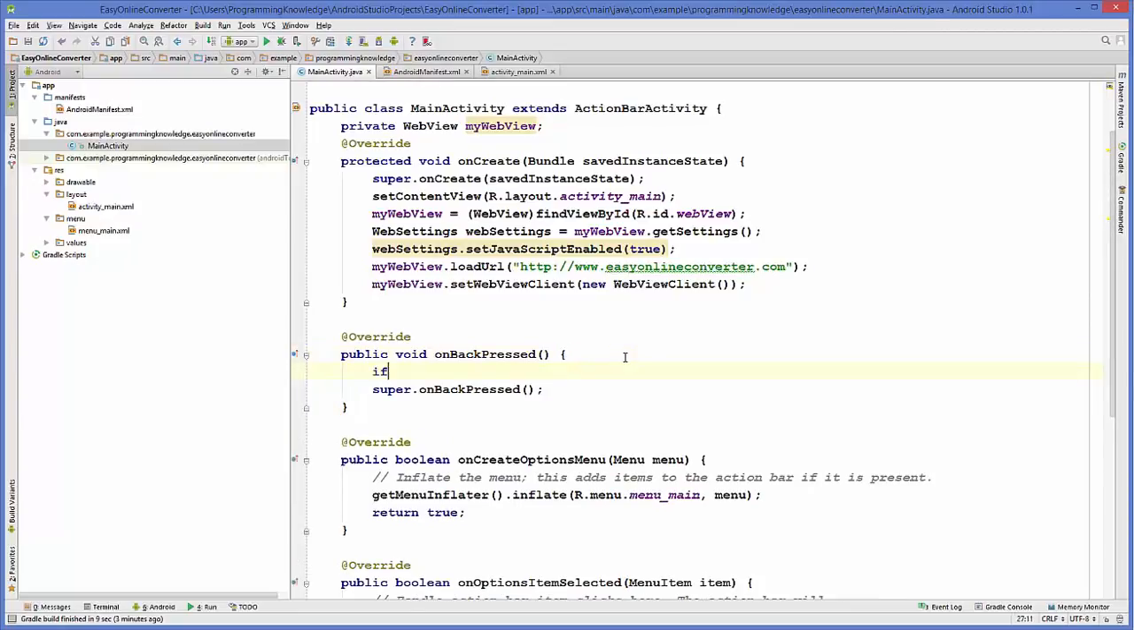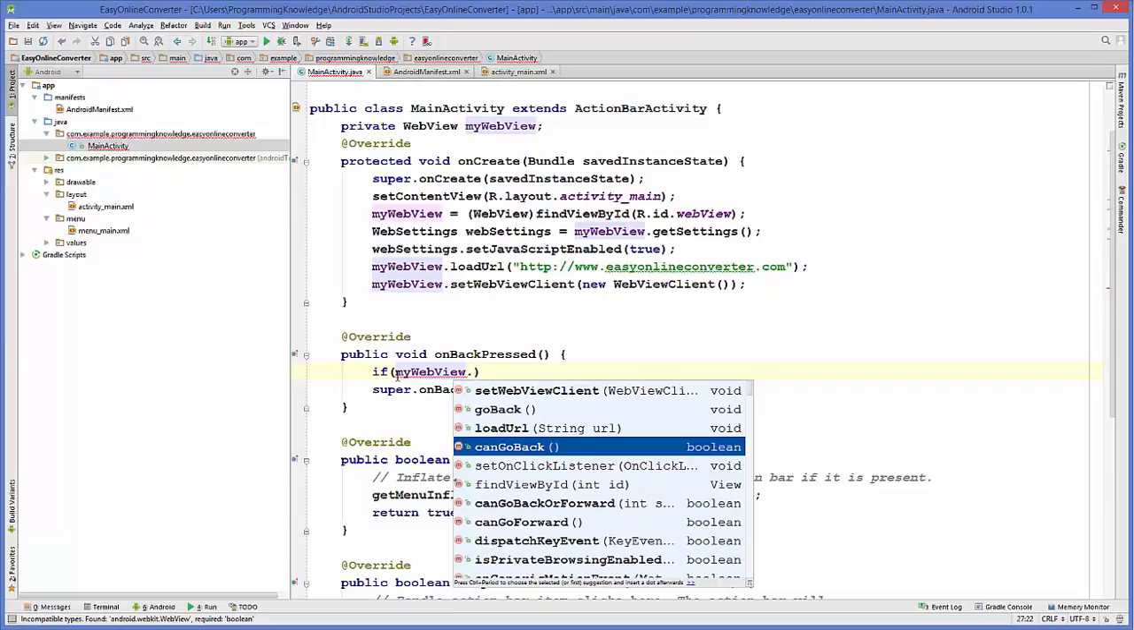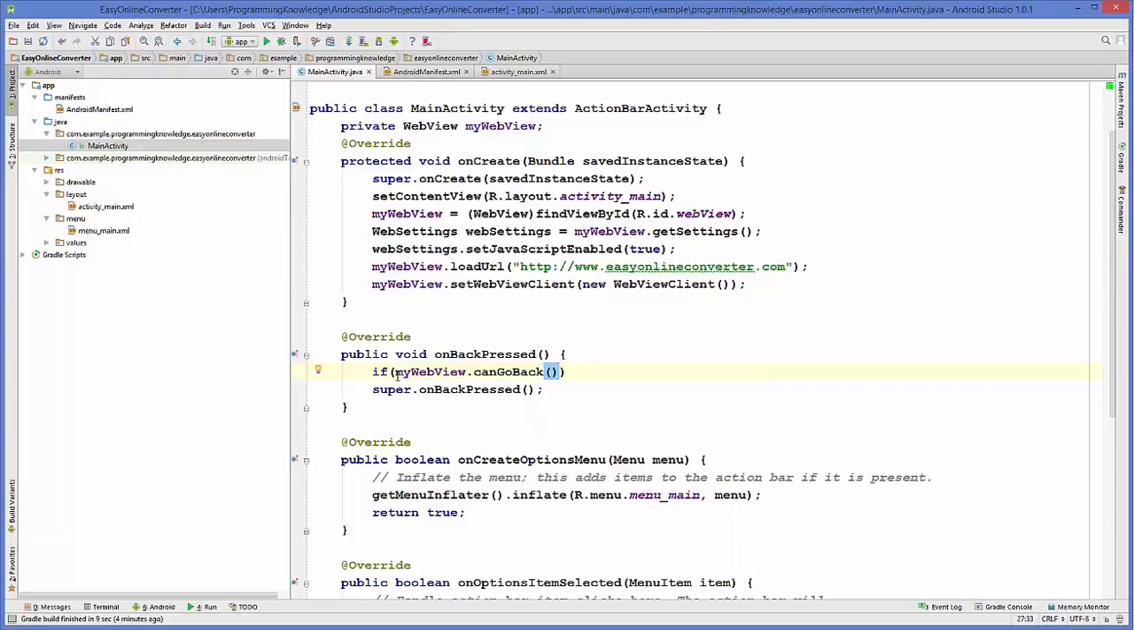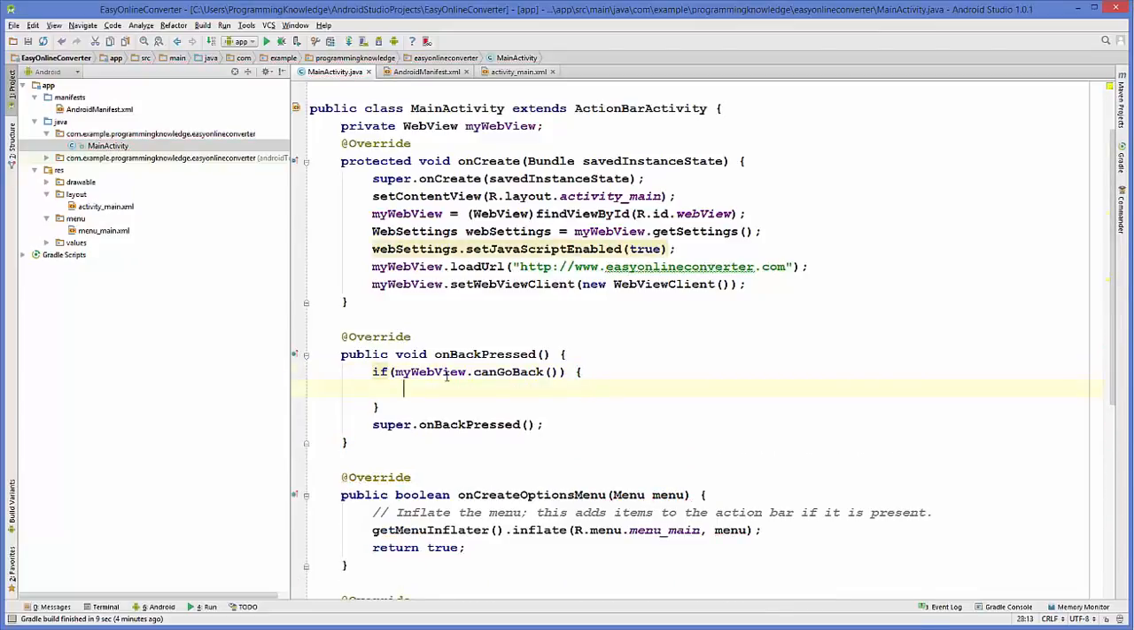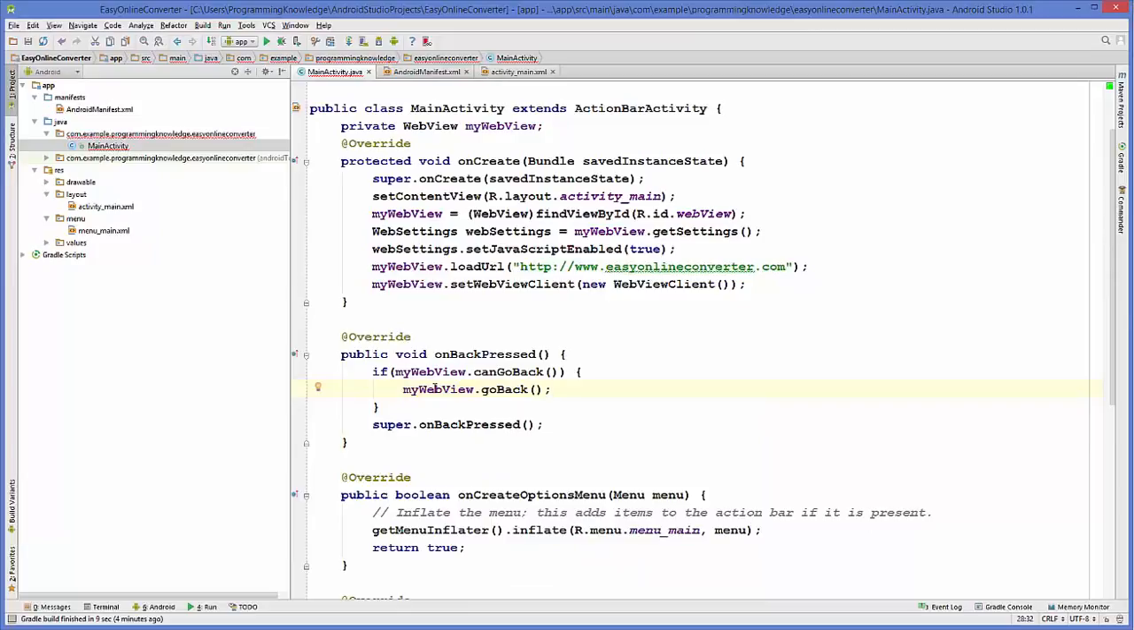So we will add a condition here, and this condition is: just take your myWebView first of all, and then we will check if we can go back. There is a method called canGoBack, and it returns a boolean value. So if in the app you can go back, then it's going to return true, and in this case what we will do is go back. So just take your myWebView object and then call a method called goBack. So if you can go back, you will go back,